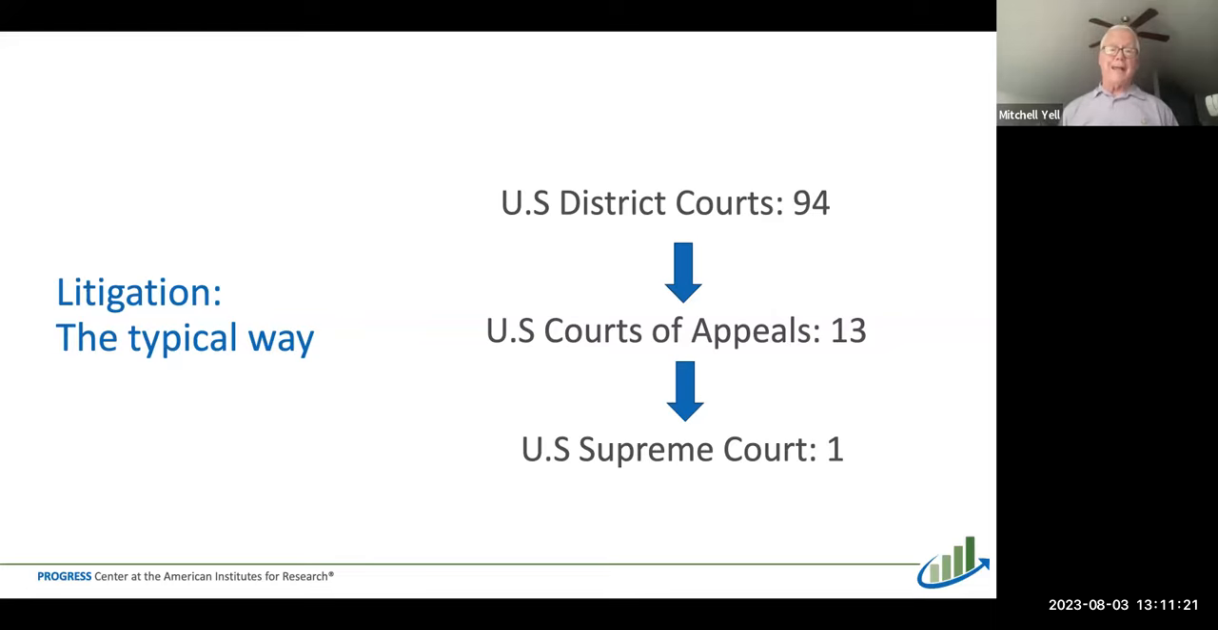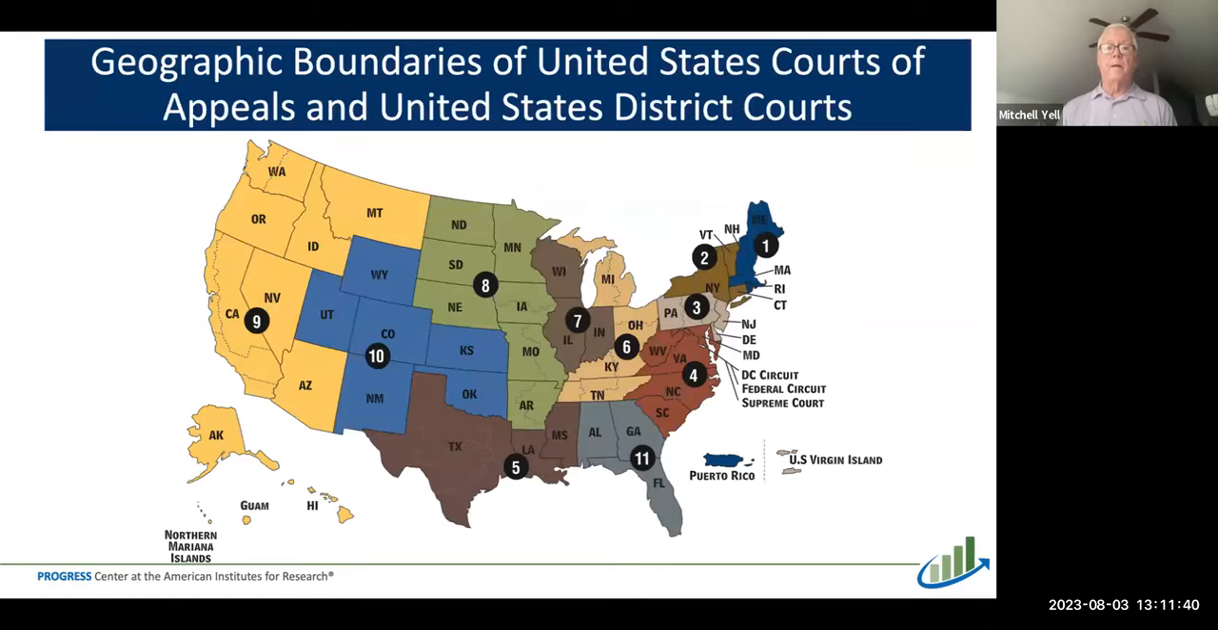Now, if a case is heard at that level and a decision is made, the party that loses could appeal that decision, and they go to the next higher level of courts, which is the U.S. Courts of Appeals. There's 13 of them in the United States. And here